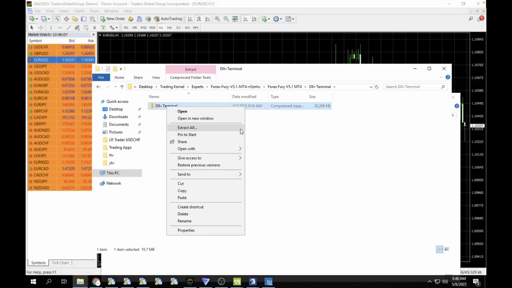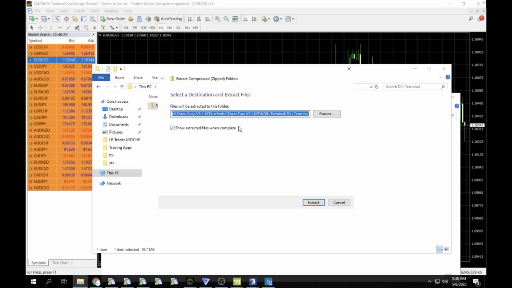All right, now the reason why we zip this file is because usually when you extract the file, it comes up with all kinds of prompts that there's a virus in the file, or sometimes Windows can automatically delete the file because it flags a DLL file as a virus. All right, but there's no virus in the file, it's just a DLL file. And what you can do is either customize your Windows Defender to not flag DLL files as viruses, or